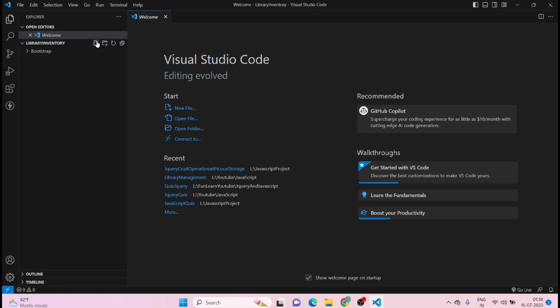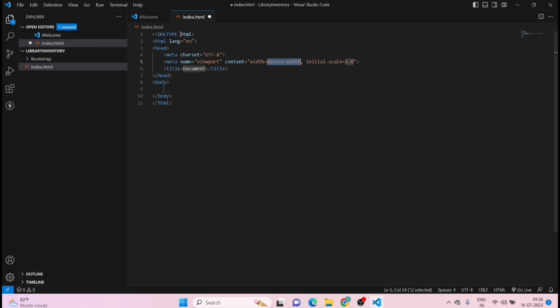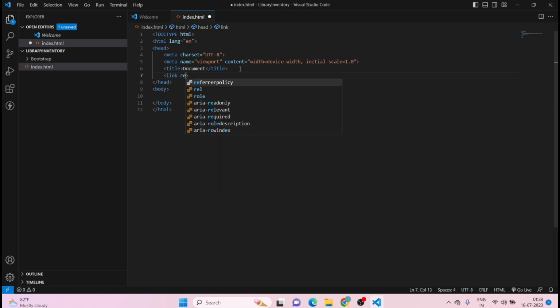Once it is open, just go here. You have to create one index.html. Once it is created, go here, click on exclamation and enter. After this, once you are done with this, you have to add the CSS and JS files. So what you have to do is go here, link, the stylesheet,